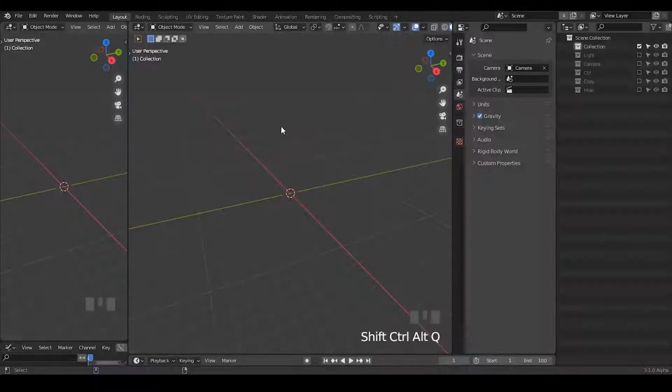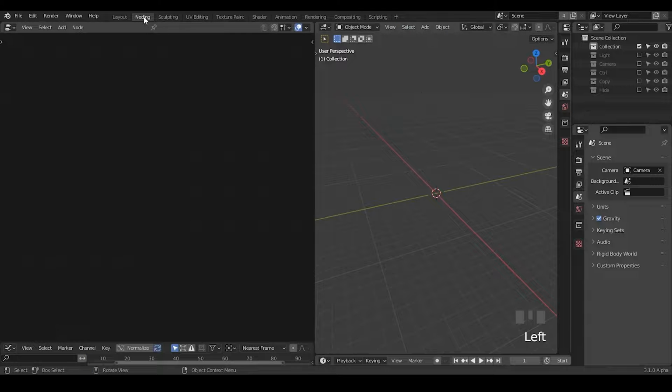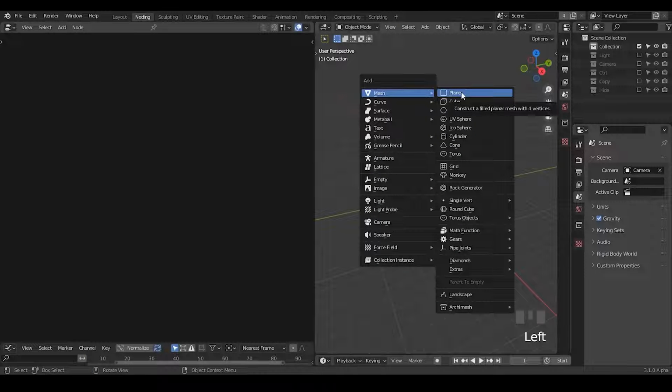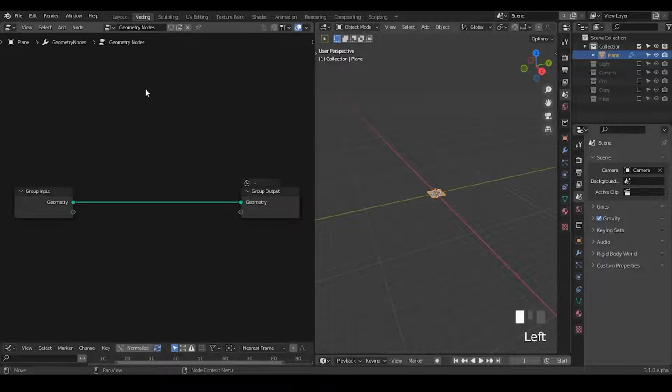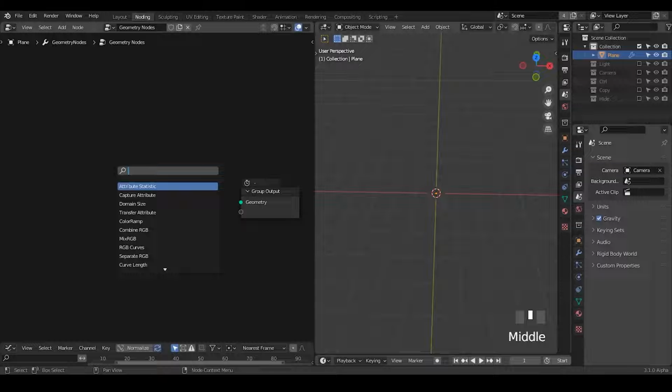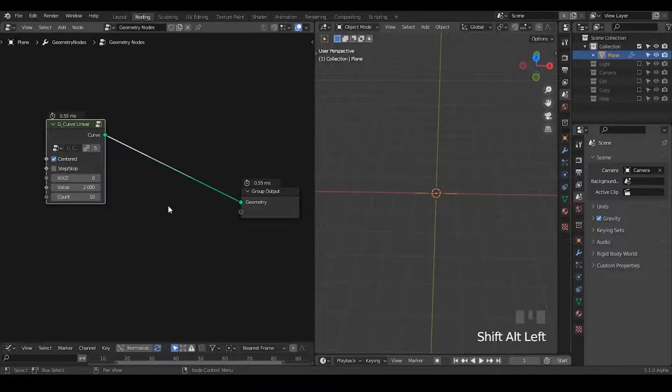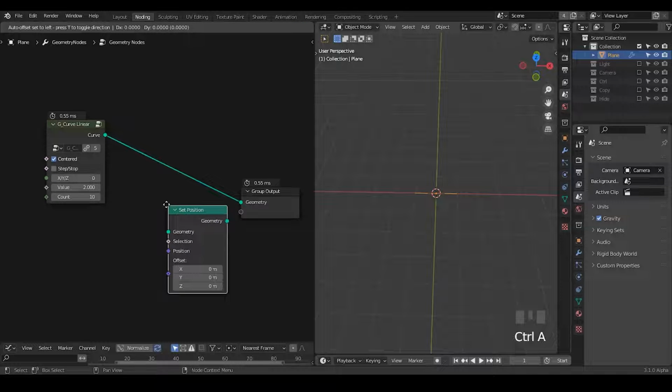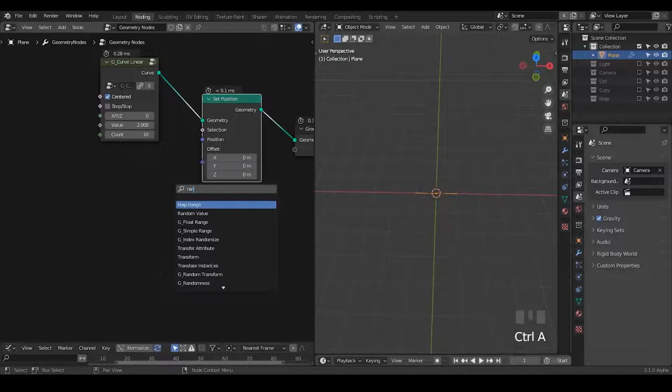So let's start. So here in Blender, let's just add a whatever stuff. I think this time I'm going to randomly generate a path for that. So let's just delete the group inputs. And I need let's just create a curve linear. And let's use the set position. Here I'm going to use the